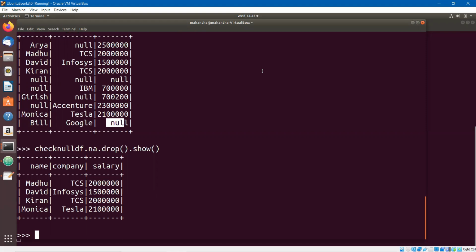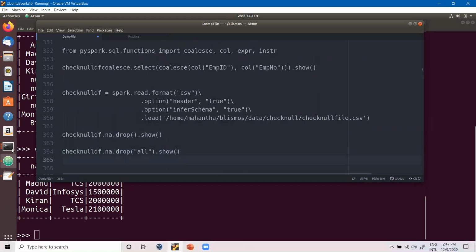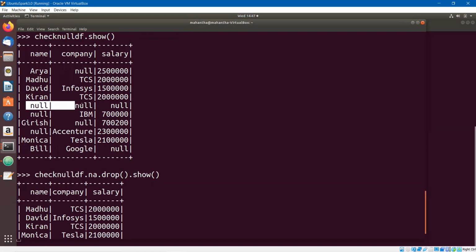Now, the scenario may be I want to drop a record where the null values are there in all the columns. So then very simple. All we've got to do is put all as a part of this drop. This drops only where all the columns have null values. This is going to drop only this particular row. Okay, we can see that now